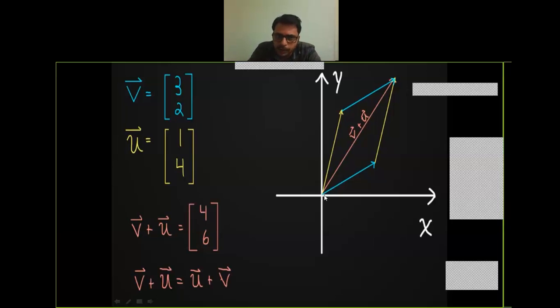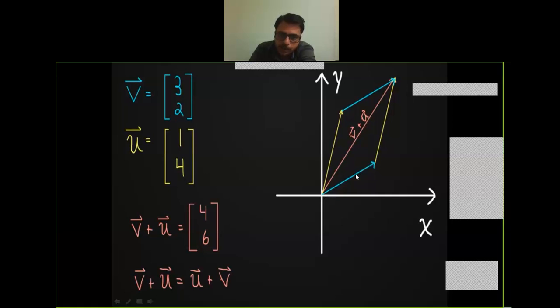Okay, 3 2, these are the two components. I have already told you how to interpret this 3 2. 3 is the distance, 3 units from the origin in the x direction, and 2 units from that point in the y direction, and hence we are getting the 3 2 vector as this.